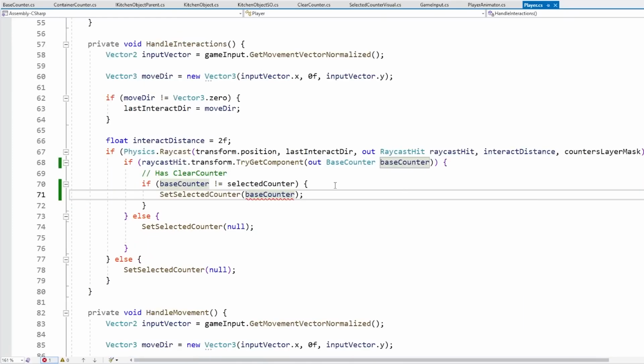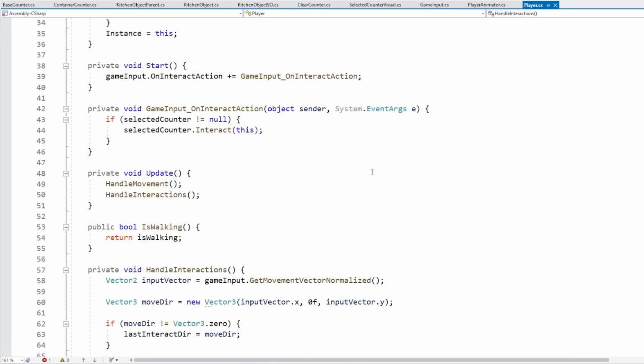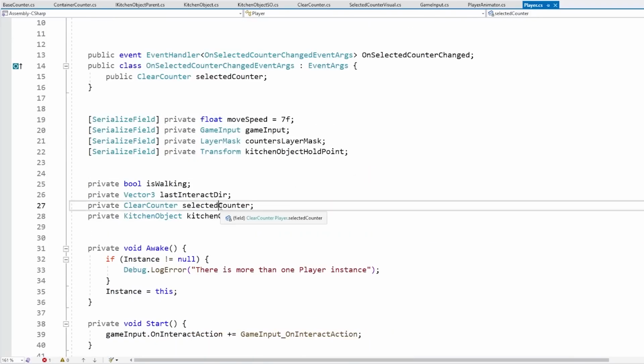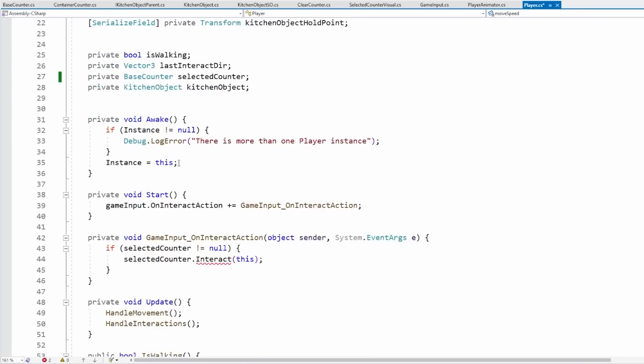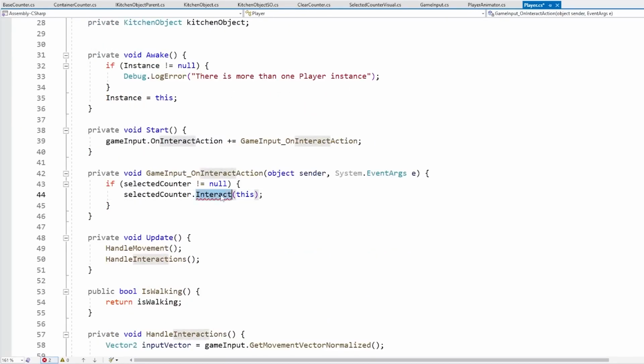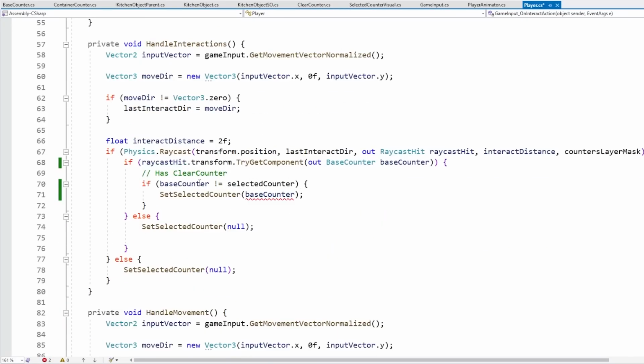And of course, we need to rename all these references that expect a clear counter instead of a base counter. So over here for the selected counter, let's modify the type to base counter. Then also up here, when we've got the event args, let's modify the type, okay? So over here we have the interactor. Let's leave this for a bit. Let's go down and let's fix